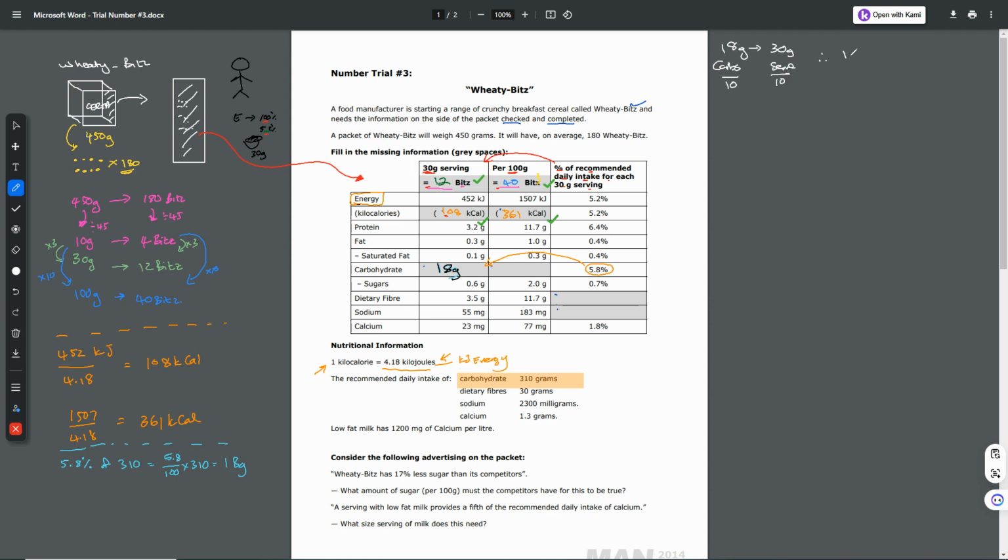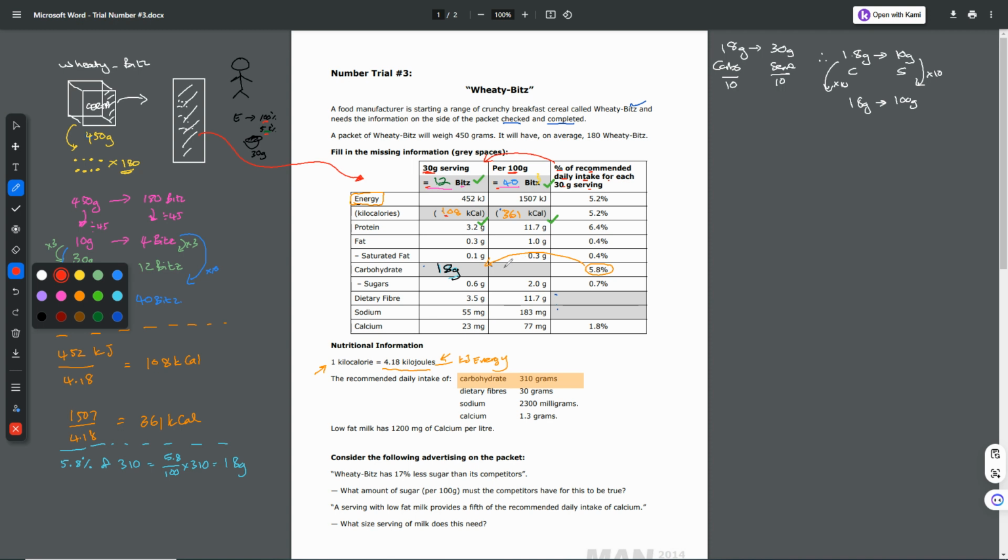And so therefore I'm going to have 1.8 grams of carbs for every 10 grams of serving. And I want 100 grams. So if I change this number on this side into 100, I multiply it by 10. So I would also need to multiply this by 10, which means 18 grams using proportion would be giving me